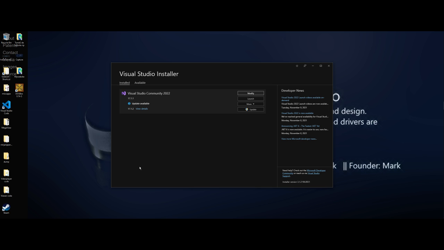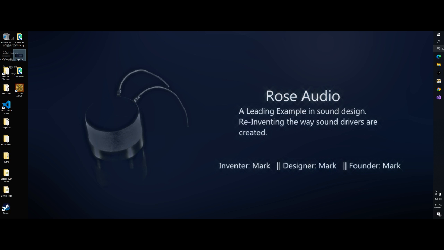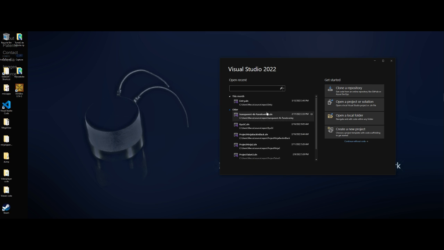Okay, so once you understand that, let's go ahead and start up Visual Studio. Now, when you create a project or a solution, you're going to have your solutions, like your project names, in here. I just have some tests, some mixed different things. But if you're curious, you can also clone a repository. If you have the GitHub repo URL, you can copy it over from the repository page and put it in there, but for the sake of this, we're just going to